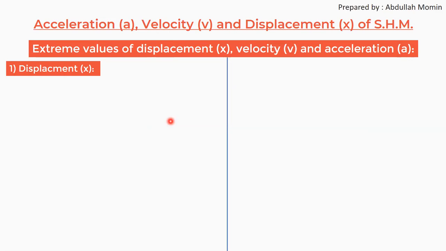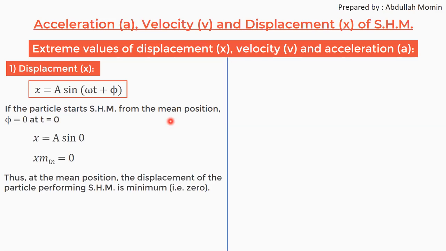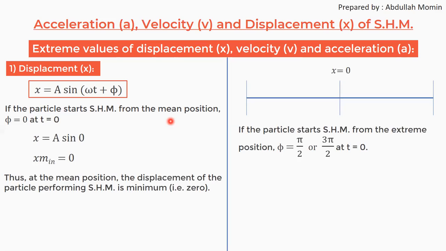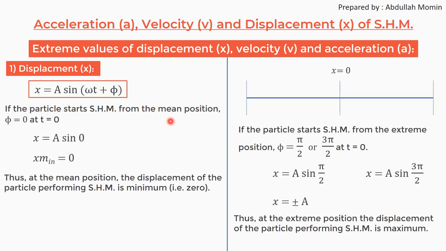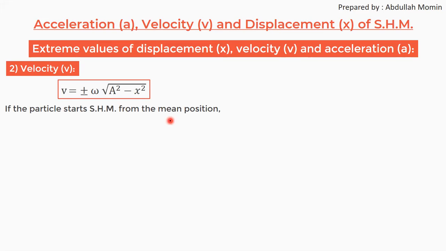Now extreme values of displacement, velocity and acceleration. Displacement के extreme values क्या रहेगी, तो x की इक्वेशन हमको पता है, x is equal to a sin(ओमेगा t प्लस फाई)। तो पार्टिकल जब मीन पोजीशन से स्टार्ट हो रहा है तो फाई की वैल्यू 0 है, और t भी 0 रहेगा, तो x is equal to a sin 0, मतलब x की वैल्यू 0 विच इज मिनिमम वैल्यू। सो मीन पोजीशन पे डिस्प्लेसमेंट मिनिमम होता है, 0 होता है। अगर पार्टिकल एक्सट्रीम पोजीशन से स्टार्ट हो रहा है तो फाई की वैल्यू π/2 या 3π/2 है और टाइम हमेशा 0 रहेगा। तो अगर sin π/2 या sin 3π/2 रखते हैं तो हमको प्लस माइनस a मिलता है। तो एक्सट्रीम पोजीशन पे डिस्प्लेसमेंट की वैल्यू प्लस a होती है और माइनस a होती है, दैट इज द मैक्सिमम वैल्यू। तो मीन पोजीशन पे मिनिमम वैल्यू 0 मिलेगी, एक्सट्रीम पोजीशन पे मैक्सिमम वैल्यू प्लस a या माइनस a मिलेगी, डिपेंड करता है पॉजिटिव एक्सट्रीम पोजीशन पे या निगेटिव एक्सट्रीम पोजीशन पे।